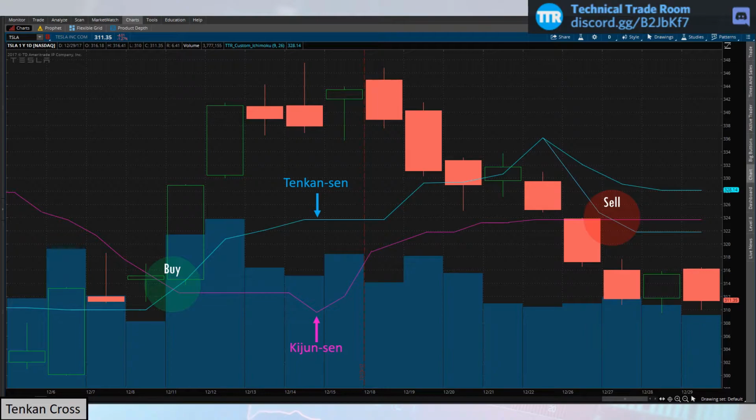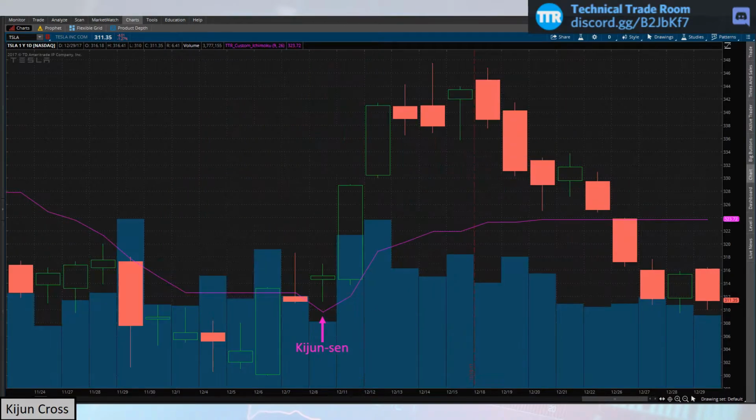So, in review, we buy when the Tenkan crosses above the Kijun, and we sell it when it crosses below. The second strategy, and a personal favorite of mine, is the Kijun cross. In the Kijun cross, we're watching both the price and the Kijun very closely. When the price of an equity opens below the Kijun, then crosses and closes above it, this is a buy